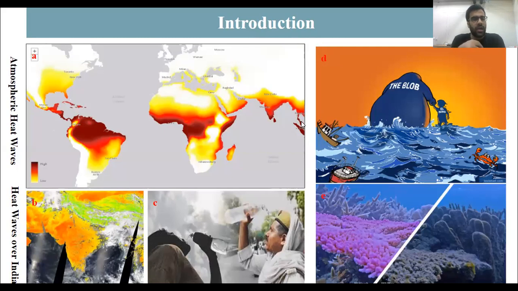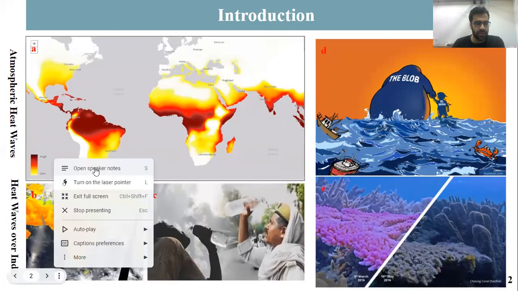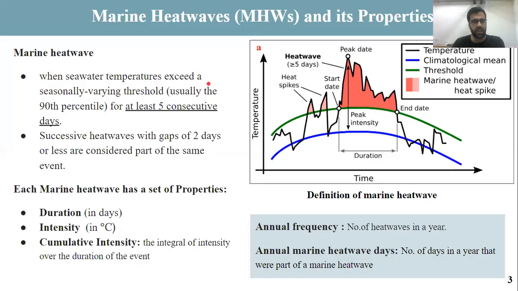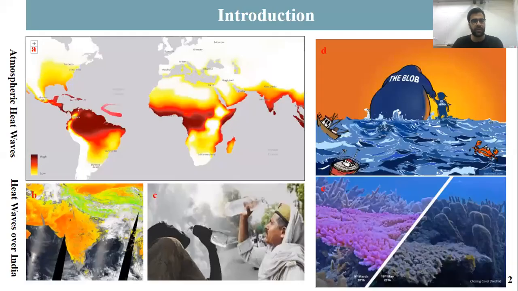You can see here in the figure how heat waves are spatially distributed throughout the world, in different countries. Here is another example figure of the heat waves over India. The impacts of heat waves we all witness during the summer, and we have faced them. In the news also, a lot of articles come out about the impacts and how to prevent heat waves